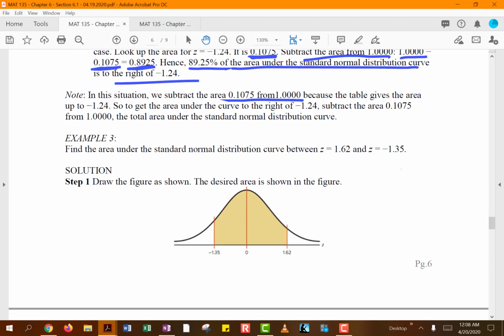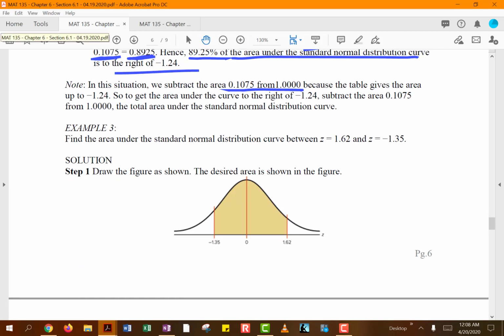Now, the last case we want to talk about is what if they were asking us to find the area which was going to be between two z-scores. So here you've got 1.62, so that's going to be 1.6 plus 0.02, and the other z-score is negative 1.35, so that's negative 1.3 plus 0.05. So let's do the positive one